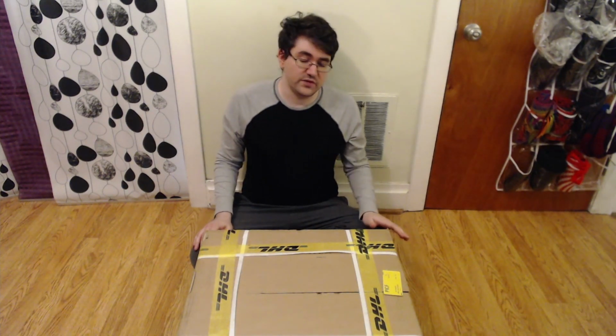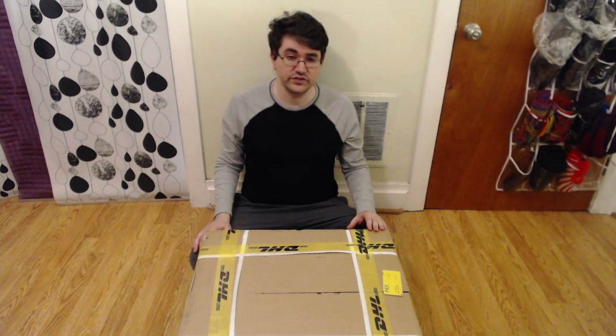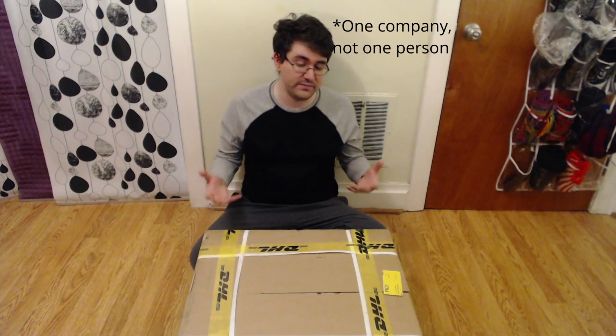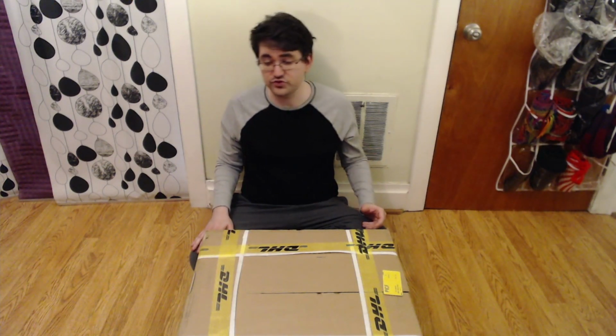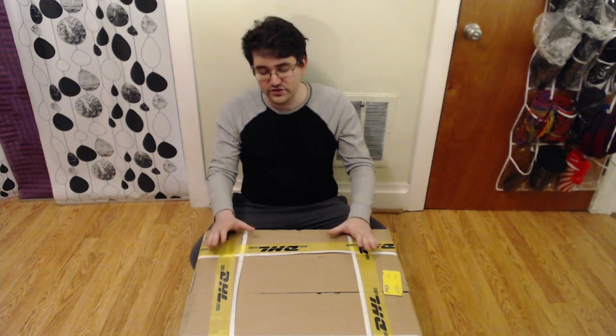There is the base website, ravvast.com, that is absolutely amazing, and all these drums are made by a single producer in Russia. It's just one person that makes them all. Ravvast.com is the website for that manufacturer and for the store that's associated with it. The original drum I wanted, though, at least the first drum I wanted, was tuned in G